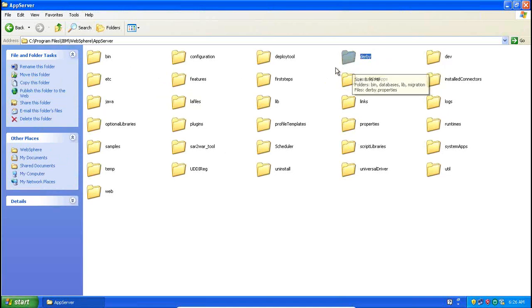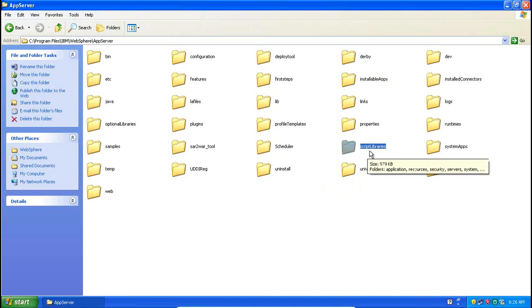Derby is a sample database that gets installed along with WebSphere. If you want, you can use this database for your sample applications. Here, script libraries. A few scripts you have by default to install and configure WebSphere things.